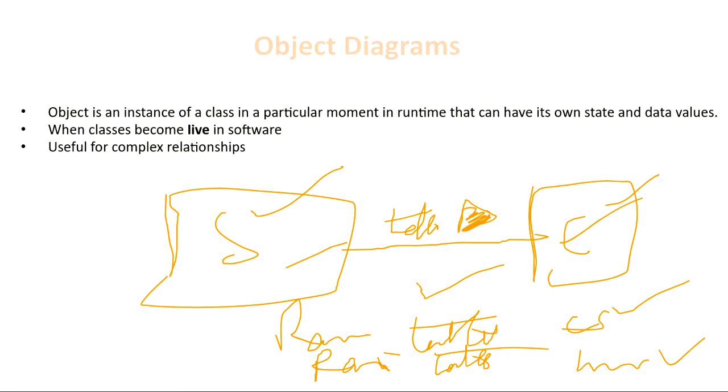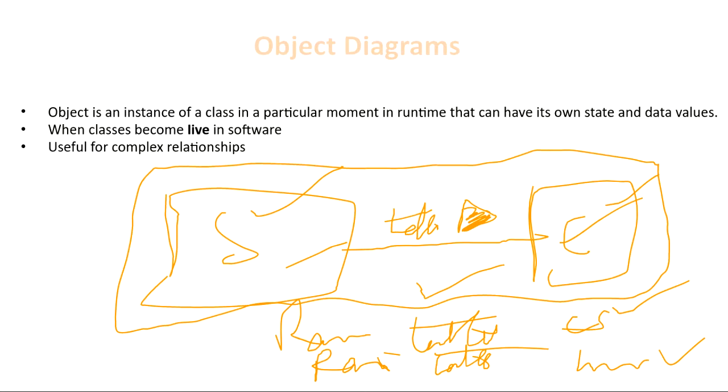On paper you have drawn this class diagram that a student takes courses, very good. But when will a student actually take a course? When the system goes live, when you actually start interacting with the system. It means we move from structural diagrams to behavioral diagrams, and then you have to give real life values to these classes. You cannot just simply write that the student class is interacting with the course class. You have to give real life explicit examples that this is the student. When I'm writing Ram here, what does this mean? This is the object of this class student. A particular instance we are talking about.